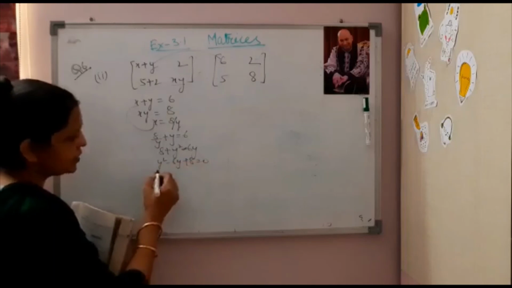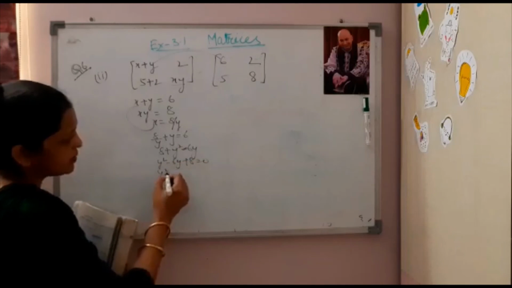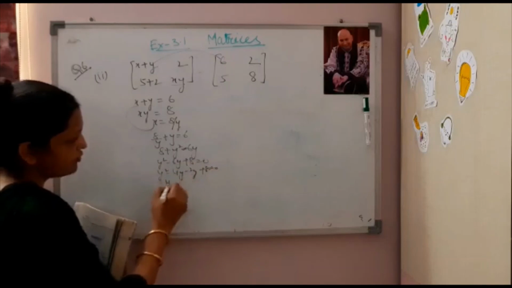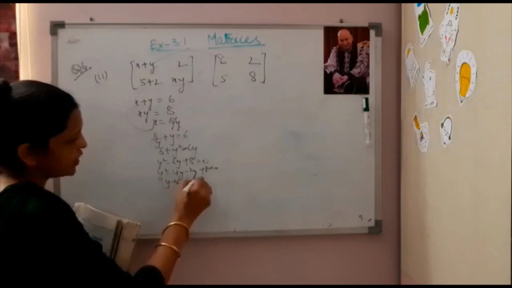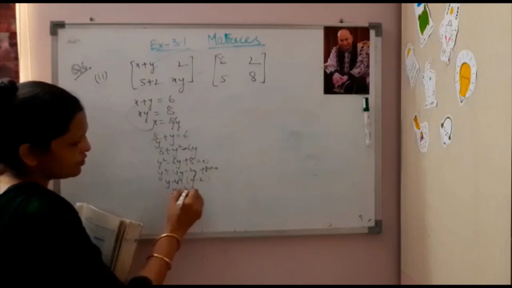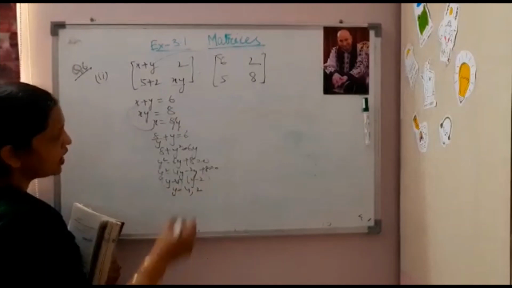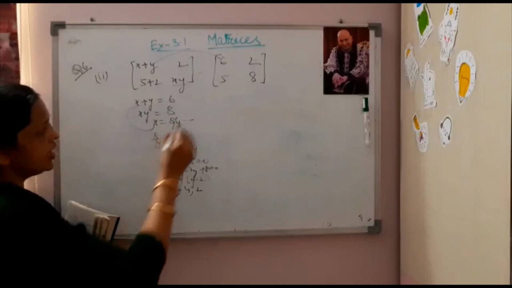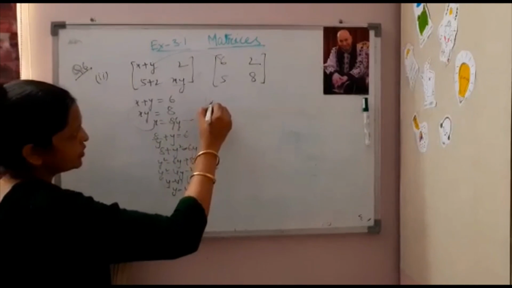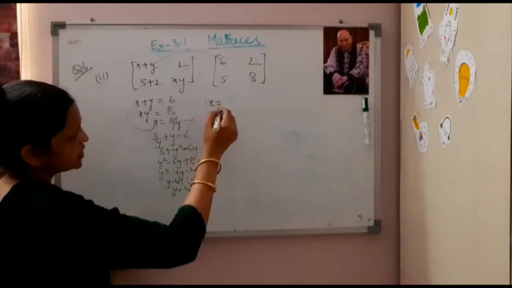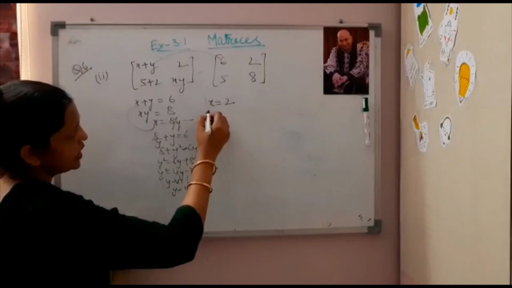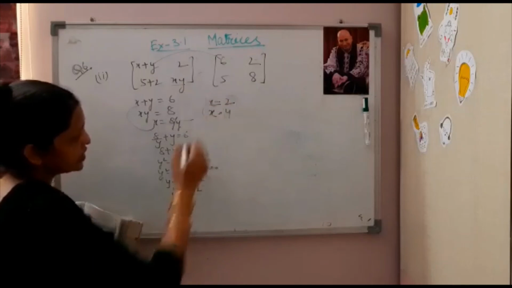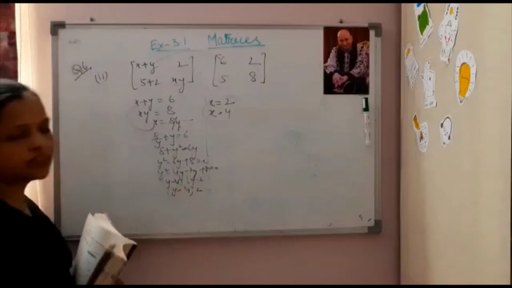You can split the middle term. Middle term split up करते हैं तो minus 4y minus 2y plus 8 equal to 0. Your factors will become y minus 4 and y minus 2. You will get two values of y, 4 and 2. Now you will put the value in this equation to get the value of x. अब अगर हम यहाँ पे पुट करते हैं तो x की वैल्यू कितनी आती है, अगर आप y की जगह 4 पुट करते हैं तो x 2 आता है, अगर आप y की जगह 2 पुट करते हैं तो x आपका 4 आता है। तो ये x की 2 वैल्यूज, ये y की 2 वैल्यूज। This is the answer,